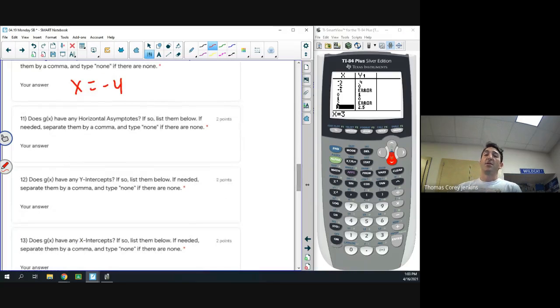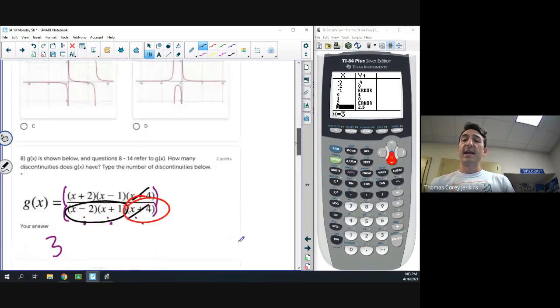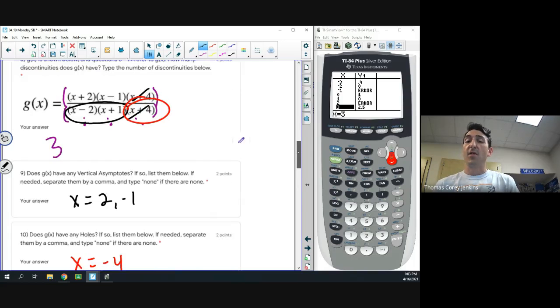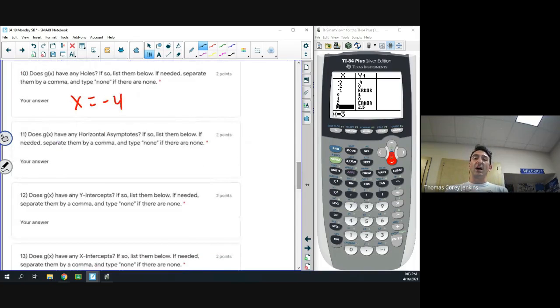Number 11, any horizontal asymptote. Again, I would refer straight to my notes on this one, but the degree of both of them are third degree, right? If we multiply it out, we'd get an x cubed term. I know that because I see 3 x's on both of them. So if the degree of each one are equal, and now this gets a little bit tricky here, you do